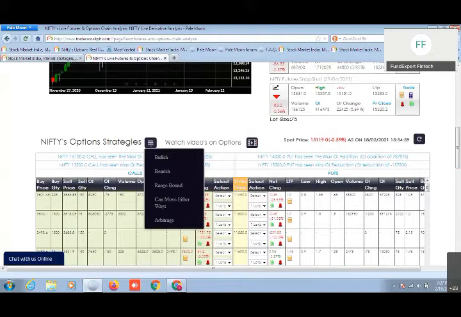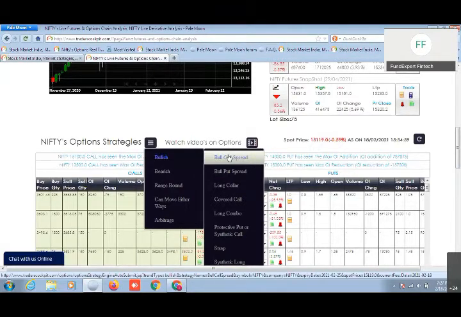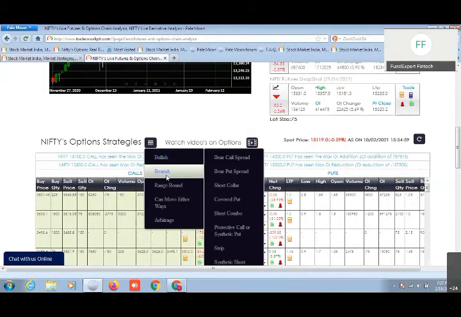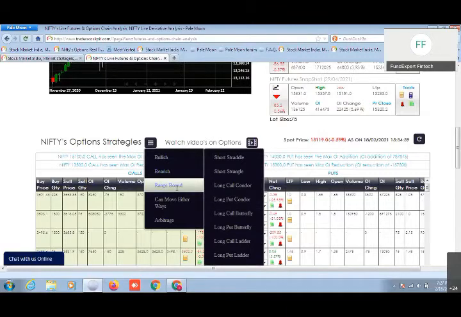a proper matrix available. Like you see this Nifty option strategies link here, you'll find a proper matrix available, wherein it will suggest to you automatically, if the market, Nifty or any particular index or the market overall, is looking bullish, then which strategies can be followed, or if the market is looking bearish, then which strategies can be followed, or if the market is range bound as it is happening nowadays, like it's in a mild downside but sideways movements are happening.